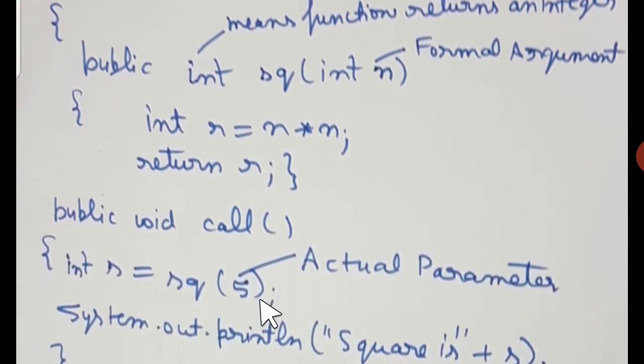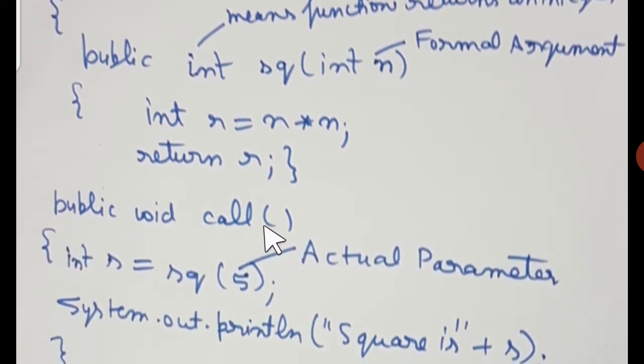Now how does it work? How to call? We have got this function call which is going to call sq function. So sq has been called here, we have passed the actual argument 5. Now I have written this int s on the left side of the function call. Reason is that it's going to return a value. Which value? The square of this number, that is 25. 25 is of which type? int. So that 25 will be stored in s here. It's going to be stored in s. So s will hold that value which has been returned through this function call.